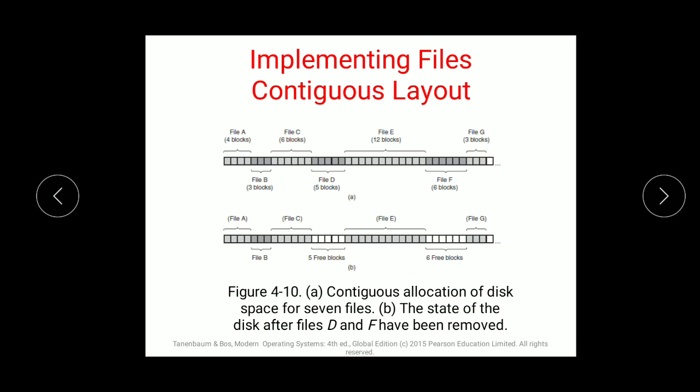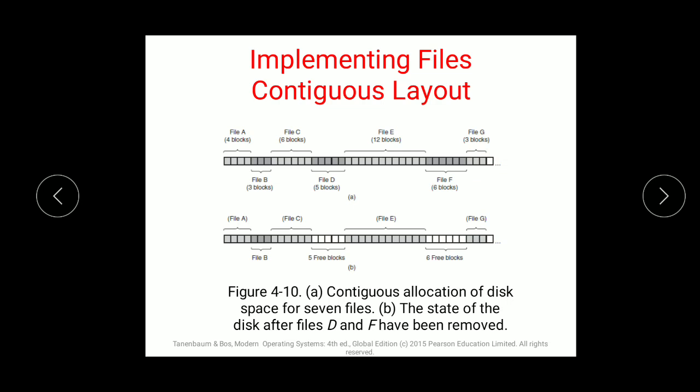If the file is n blocks long and starts at location I, then it takes blocks I, I plus 1, I plus 2, till I plus n minus 1. That is, the file starts at block I, and then it takes I plus 1, I plus 2, I plus 3, and likewise it will increment.